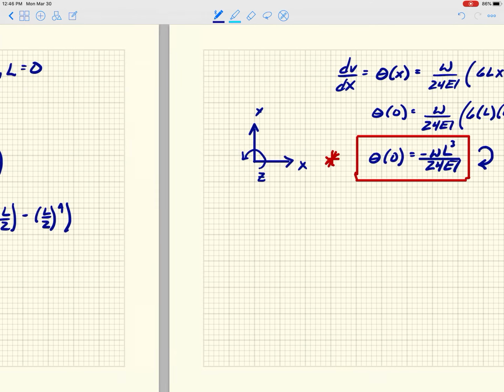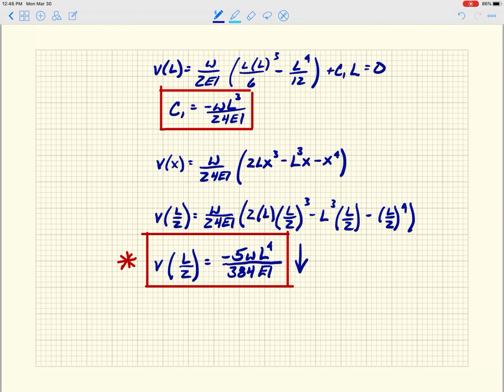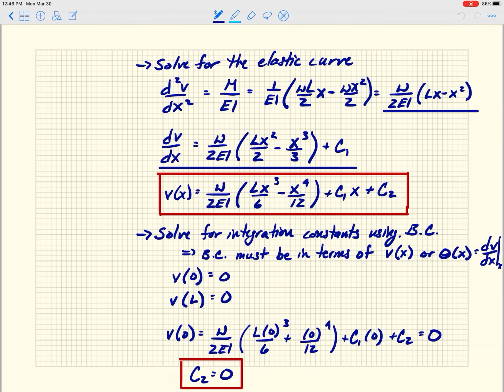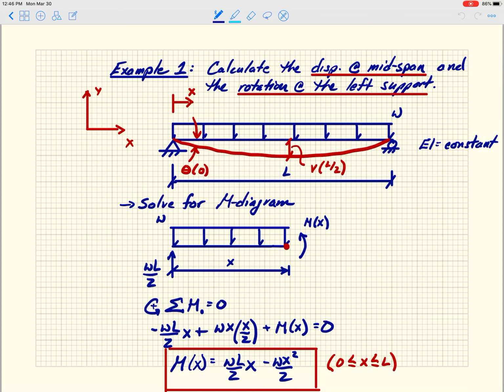So that's our rotation at the left-hand support, and this is our displacement at midspan. If we go back to the original problem, the rotation at the left-hand support is in the clockwise direction. That's what we would expect, which is negative from a right-hand rule standpoint. And the displacement at the middle of the beam is downward, which is also expected. All right, so if there are any questions, you can bring